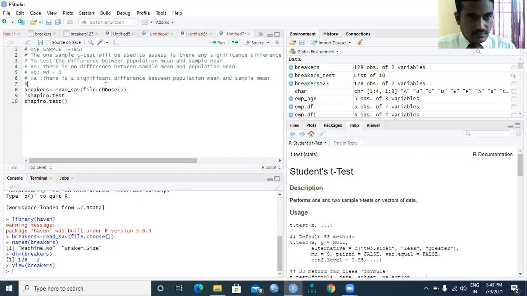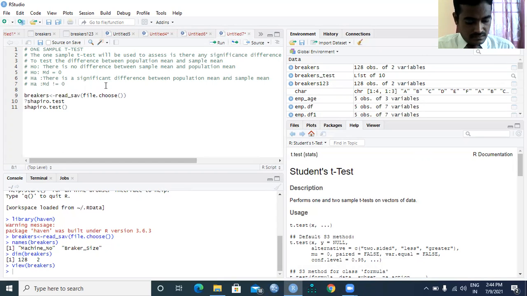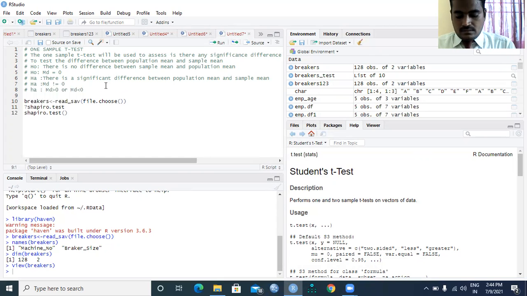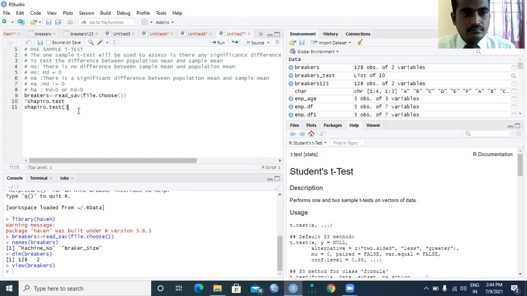This tells that HA, the mean deviations are not equal to 0. This tells that the mean difference may be greater than 0 or the mean difference may be less than 0.